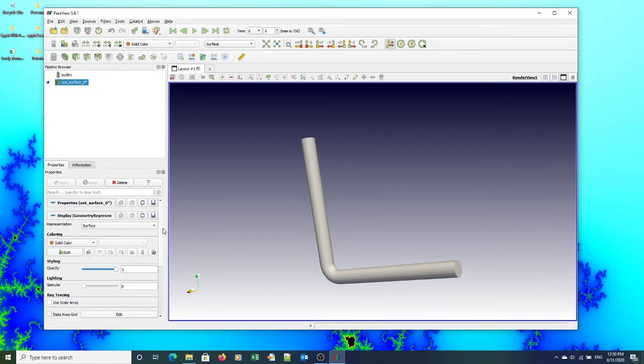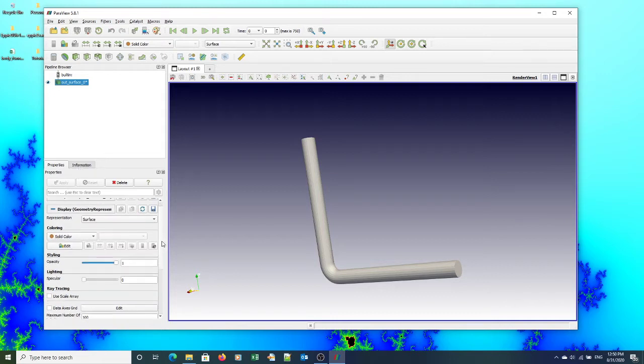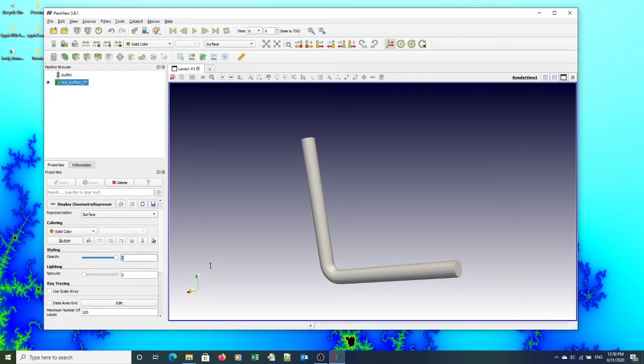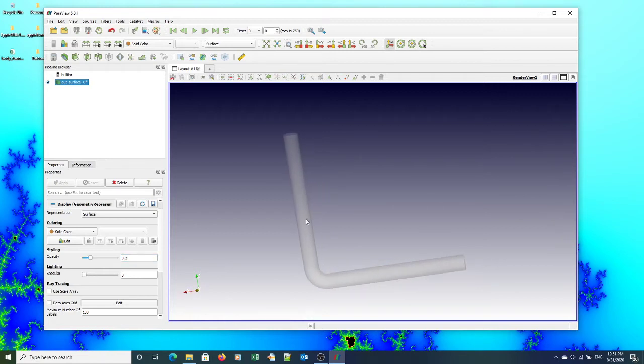So you can see here in this window up the top here is the pipeline browser, then underneath it we've got properties and information. Under the properties we can change the opacity here, and we can make it see-through by setting the opacity to point through, or another option, I'll set the opacity back to 1,